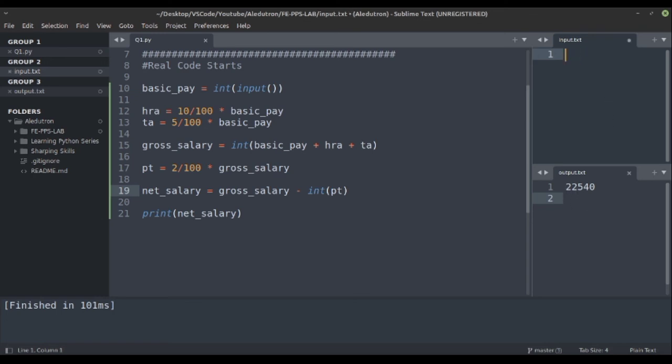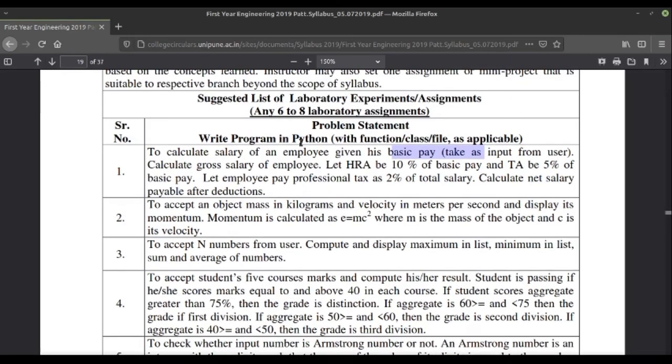Let's take some odd numbers, 1 2 3 4 5. Let's run this. You would get 13,913. Similarly, you can give any number of inputs and print out the net salary. So this was the first question in this series, to calculate the salary of an employee.